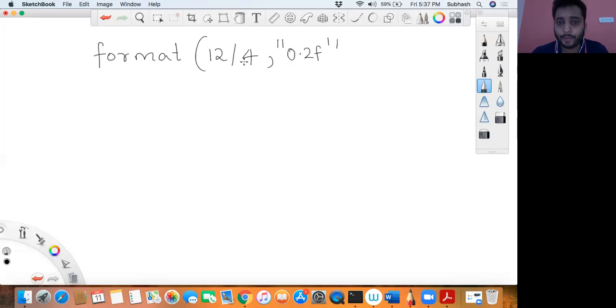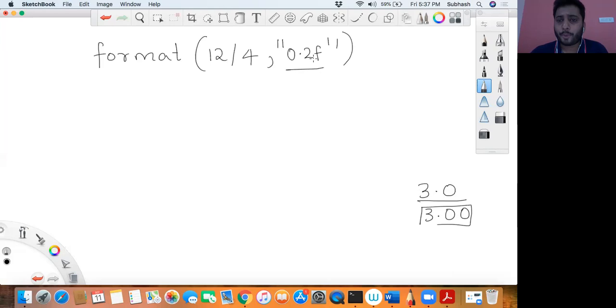We know that 12 divided by 4 will result in the number 3.0. Let me write it over here. 12 divided by 4 is 3, so it gives me 3.0. If I want the output to be printed as 3.00, then I will format it using this string 0.2f.